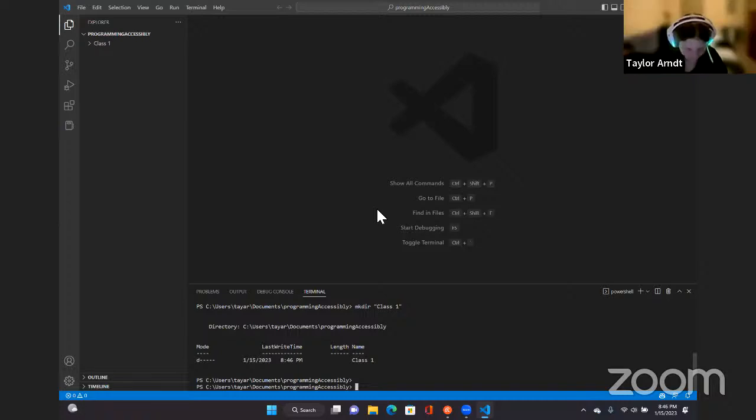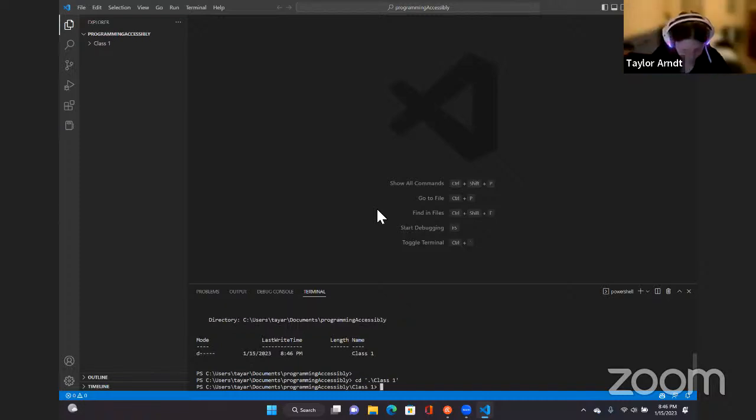Yes. All right. But I need to actually switch into that. So I type cd, then .\class 1 in quotes. Alright, here we go, we're in Documents\class 1. So I want you to make a new file in the class 1 folder called